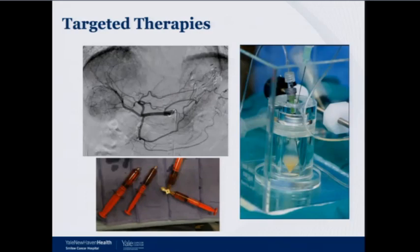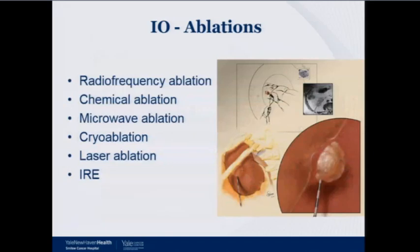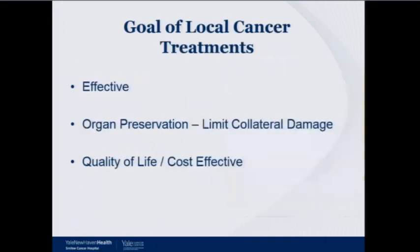But obviously, these are the sort of the main portion of our care, which are the targeted therapies, both delivering drugs as well as the radiation, and then a lot of ablations. And there are multiple different kinds. I will mention a couple of things for targeted cancer therapies. All of our local therapies, these are the goals, right, to be effective in killing cancer, and then organ preservation, limit the collateral damages as much as possible while we are doing this, and then the quality of life and